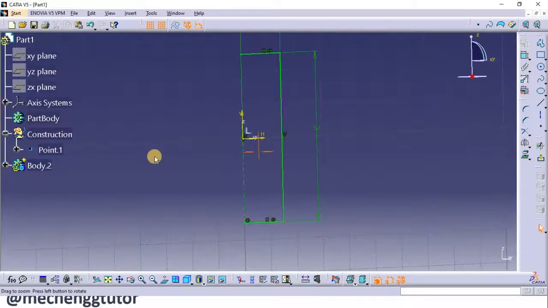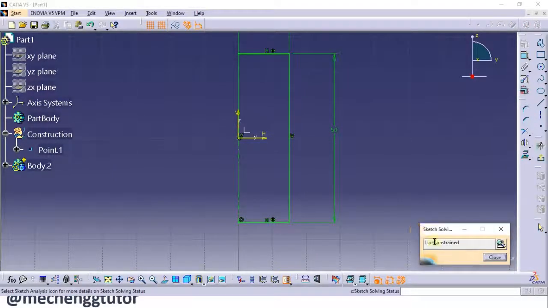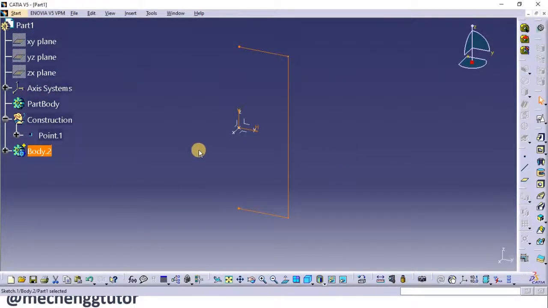While seeing this, my sketch has got rotated and I want to bring it perfectly on the screen. So I just click on this normal view, and now my sketch is parallel to the screen. Now if I see over here in the sketch solving analysis, it shows it is now fully constrained. So I close this and exit this Sketcher workbench. So once the Sketcher workbench is exited, I am now back to the part model over here, or the